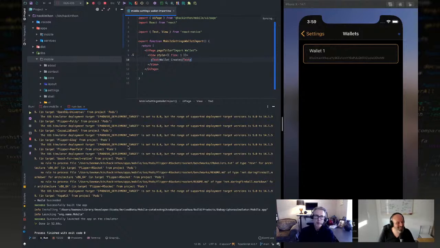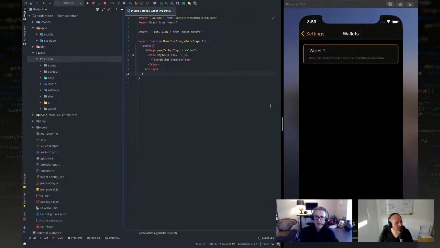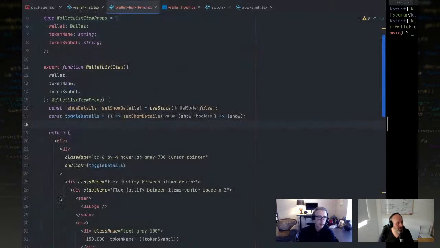The cool thing about NX is you can move a lot of this code, which we haven't done yet, to a library, and that library can be used both for the native and for the non-native React apps, right? Yeah. Now, if you go back to the code we were working on and go to the hook itself,